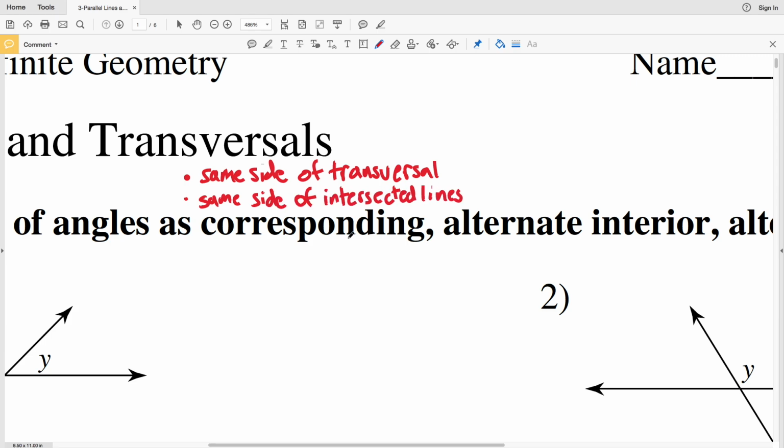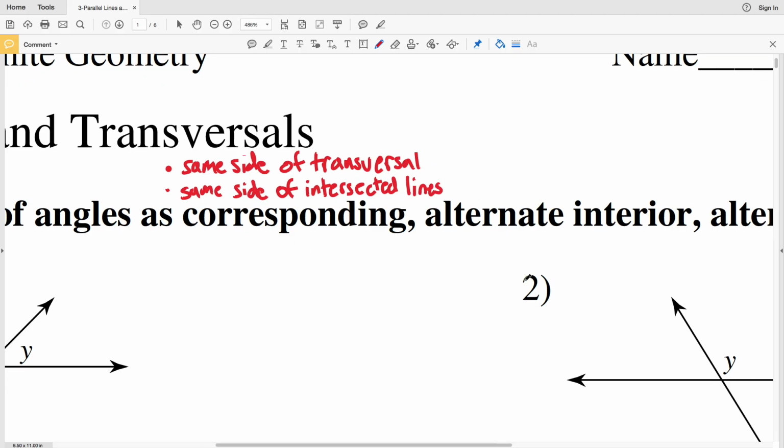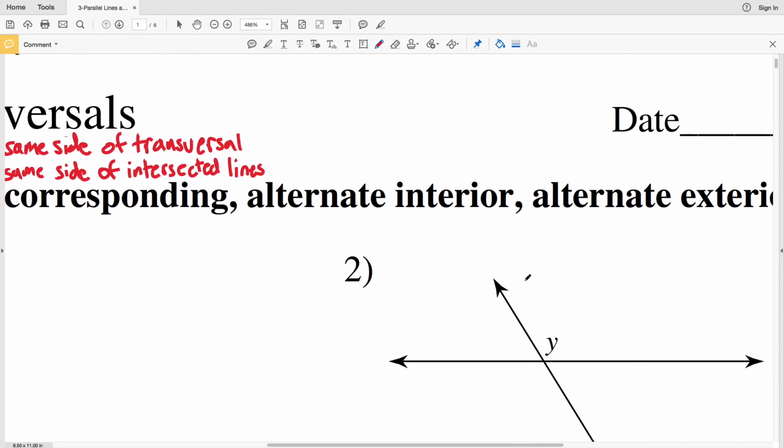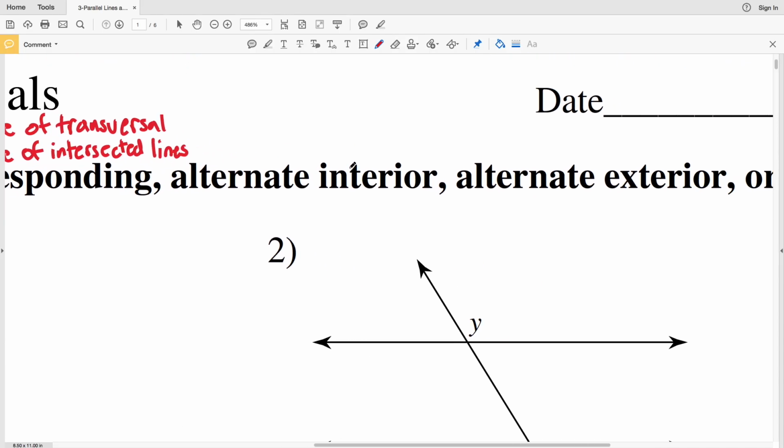So corresponding angles are on the same side of the transversal, which is the line that crosses over usually the parallel lines, and they are also on the same side of those intersected lines, whether that's both above or both below their respective lines. Alternate interior